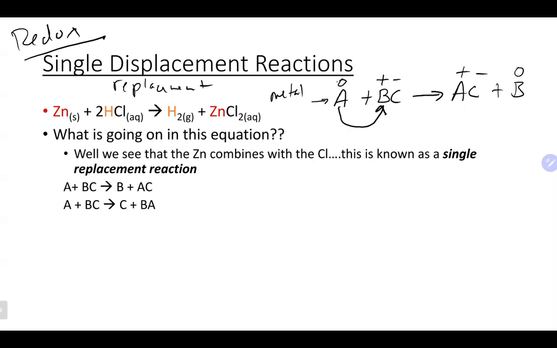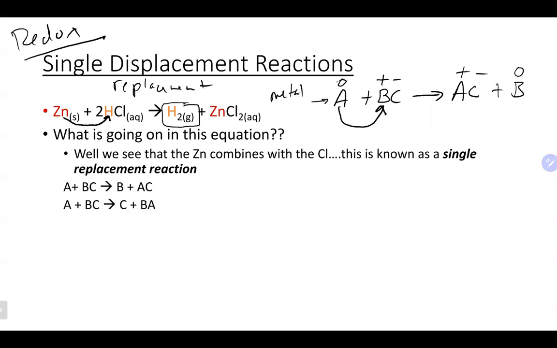And it is recognized just like this. You got one thing by itself plus an ionic compound, pretty safe bet you got a single replacement reaction happening. And that's what we see here. The zinc, which has no charge in that situation, will come in and kick out the hydrogen, which is positively charged. When the hydrogen comes out by itself, whenever you kick out hydrogen in a reaction like this, you always